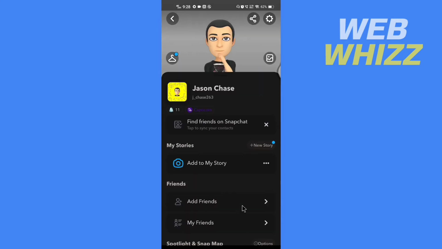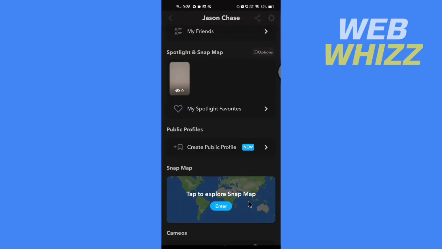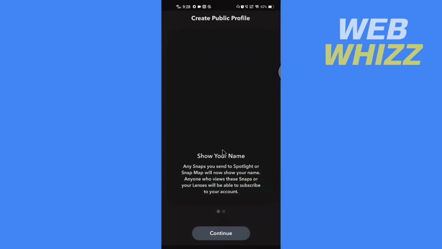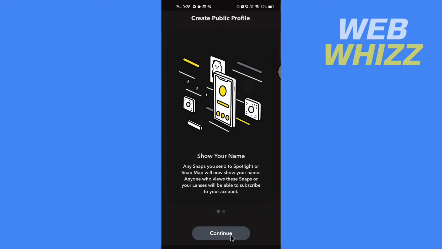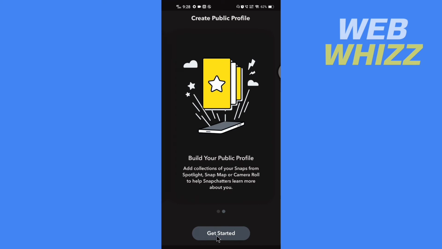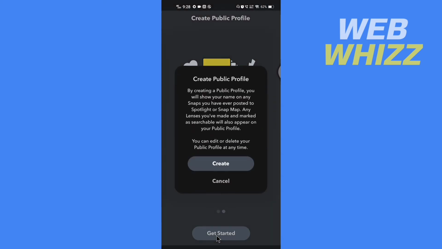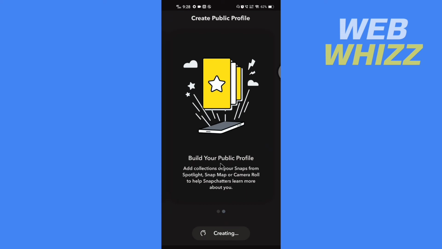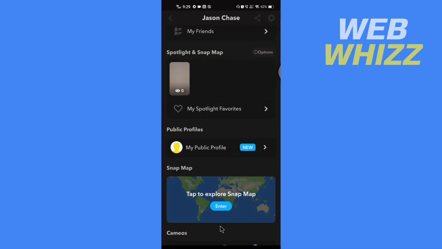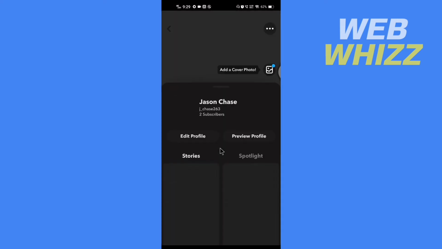Now go back and here you will see the public profile option is enabled. So now to create a public profile, tap on it and here in the bottom tap on continue and again and tap on get started and tap on create. Now wait for it. Now your public profile is created, so tap on it to open it, and this is